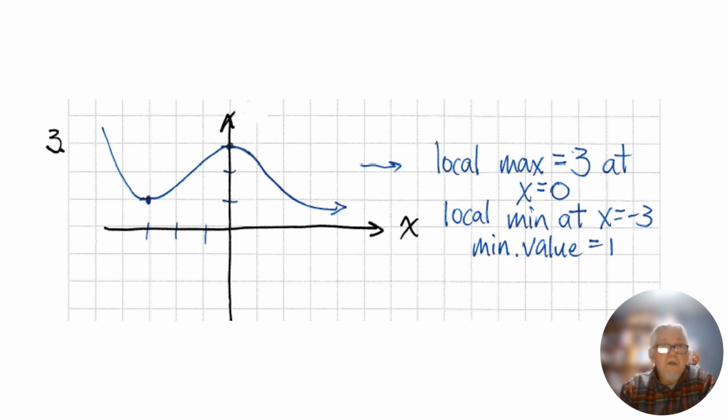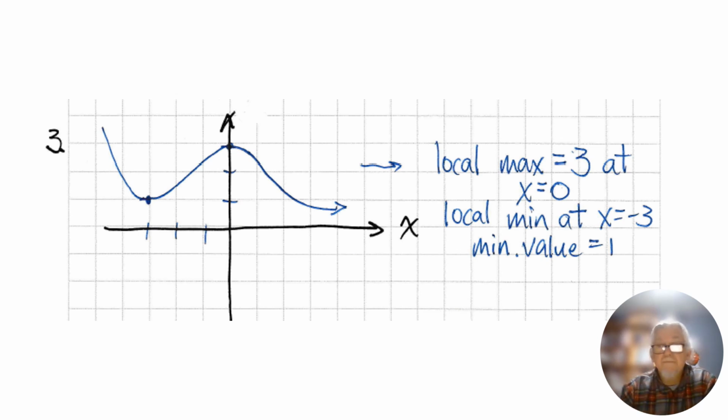And it looks like over here, the function has a local minimum at x equals -3. And what is that local minimum value? It is 1. I have intentionally swapped those around so that we are not thinking about the order in which things are written, but rather the meaning